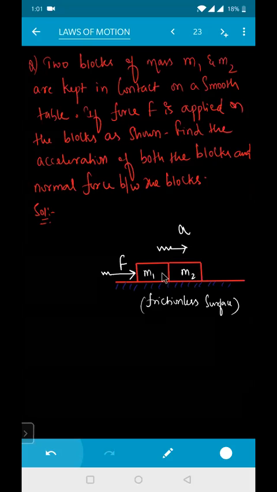मैंने बोला अगर ये दोनों कभी भी कांटेक्ट में रहेंगे, ये जितना फोर्स इससे एक्सर्ट करेगा ये भी उतना ही फोर्स इस पे एक्सर्ट करेगा। बोला था कि नहीं बोला था? ये अगर 10 न्यूटन इस पे एक्सर्ट करेगा, m2 भी 10 न्यूटन इस पे एक्सर्ट करेगा। अगर ये दोनों फोर्स सेम हैं तो ही इन दोनों की कांटेक्ट बनी रहेगी। अगर दोनों के बीच में कोई फोर्स कम ज्यादा हो गई तो ये छूटने के ज्यादा चांसेस हो जाएंगे। ठीक है ना? अब एफबीडी बताओ जल्दी से।